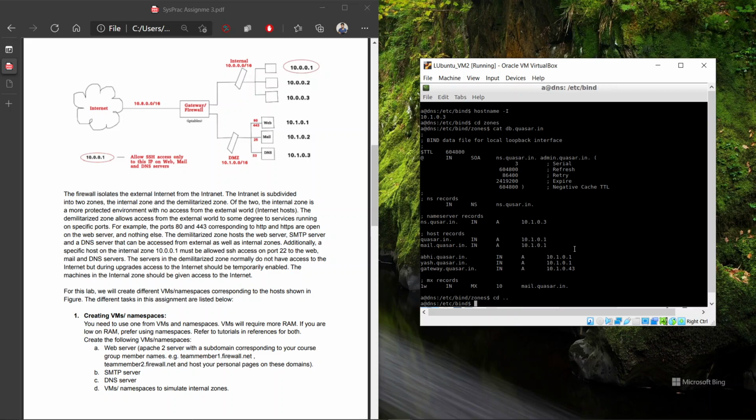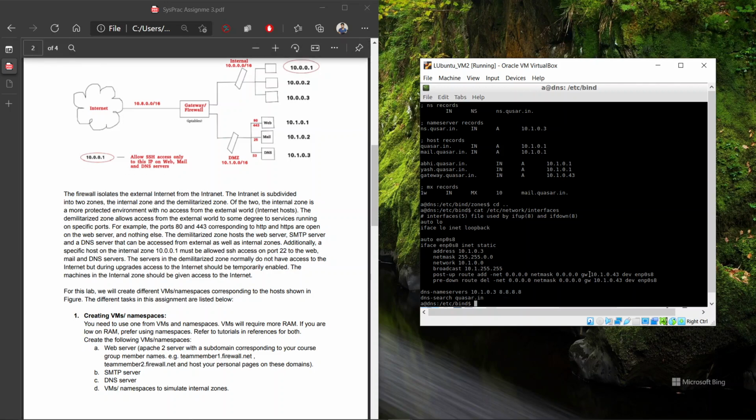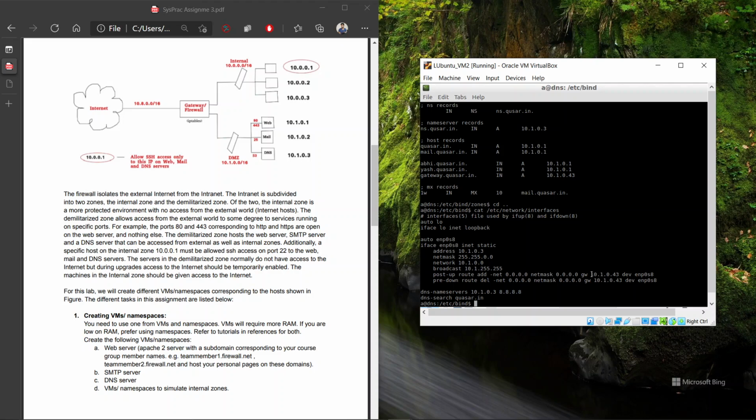Now let us see the network interfaces here. Here the DNS servers are specified, and this DNS name server address is the same as this address, and this is the Google domain name server. Here we are routing everything from the gateway. This is the address of the gateway, and everything which comes through this device would go through this gateway.